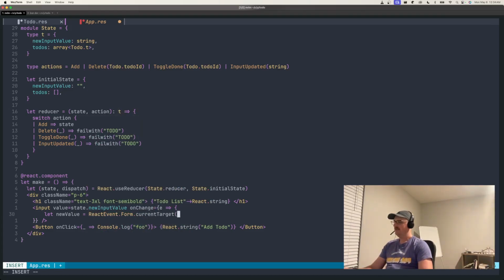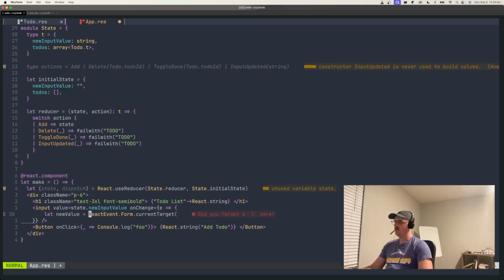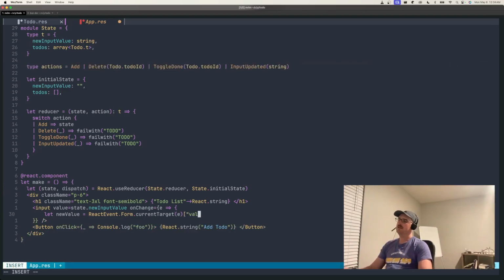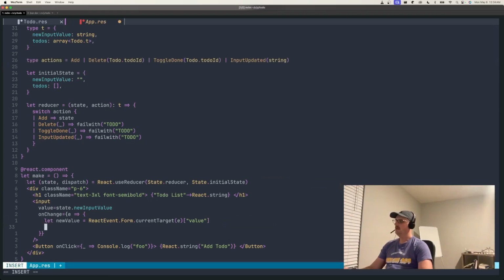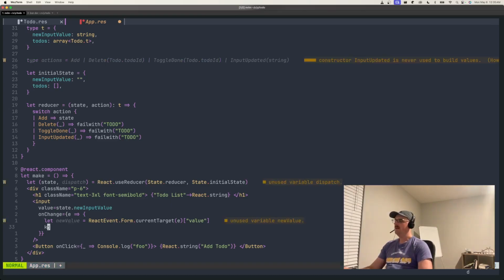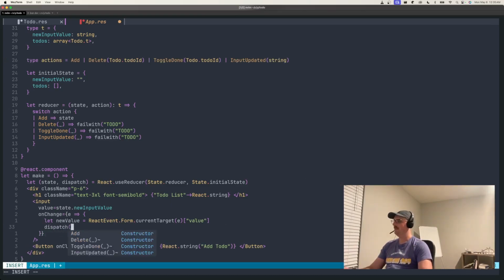But we have this React event module with a submodule form with a function current target, and the current target takes e for the event, and that gives us back a ReScript object, which we can say use bracket notation to get the value out of. It's not hard to remember after a little while. Now what we can do is dispatch this though, and we want input updated with a new value,